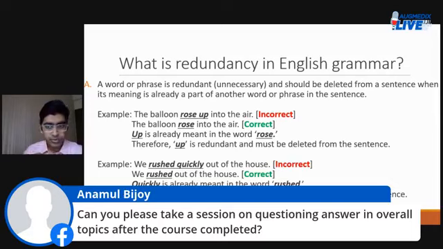Anamol Bijoy has a comment over here and he is asking, can you please take a session on questioning answer in overall topics after the course completed? All right, so basically like the QA session, that's fine. Yeah, we can do that, definitely we can do it. In fact I think we can do it tomorrow, right? আগামীকালকে is a Thursday, and what we can do is